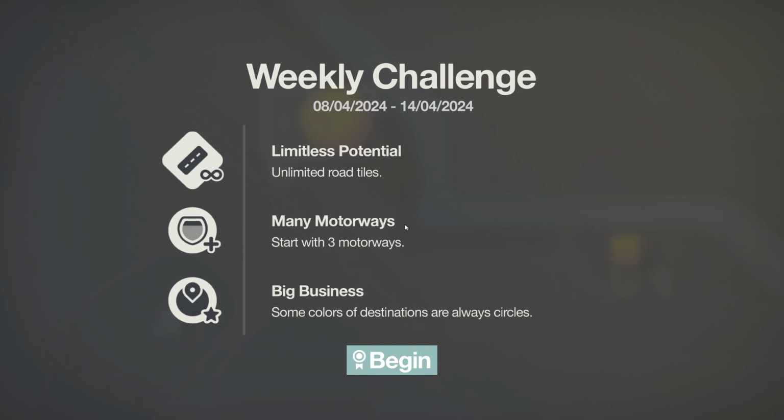This one is set in Dubai. I see a plus next to a highway, so that makes me happy. This is the week of the 8th of April. We have unlimited road tiles. We start with 3 motorways. Some colored destinations are always circles. So we've got another